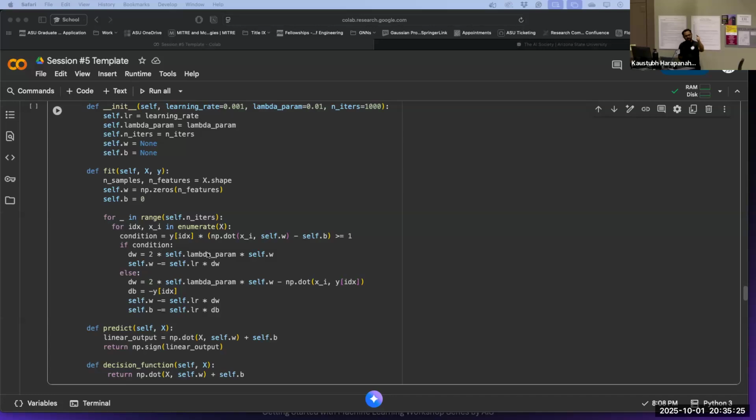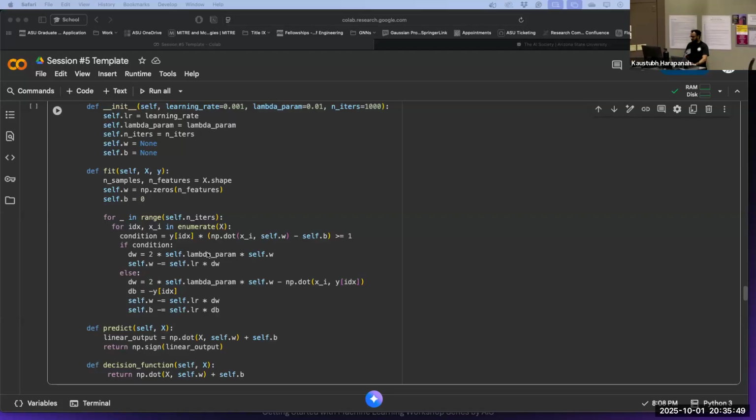This is where we are looking at the gradient descent of the line, right? This is where we are defining what exactly should be the weights value and the biases value. If the condition is not met, we also take the differentiation with respect to another term, and then we compute the values of w and b,